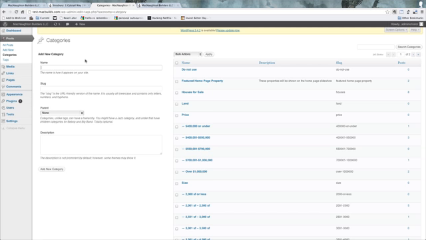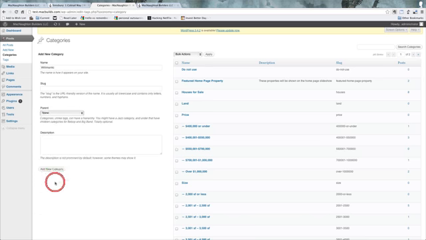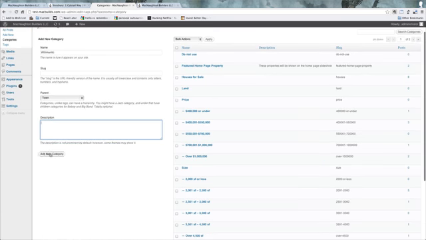We're going to add a new town. Let's call it, for argument's sake, Willimantic. You go to the parent here, and we're going to pick town because that's the parent of this section. If we want a description, we can put it, but there's not really a need to do that. We hit add new category,